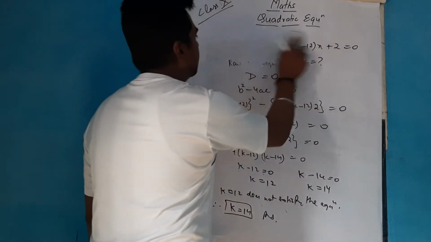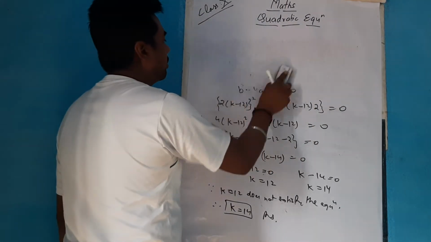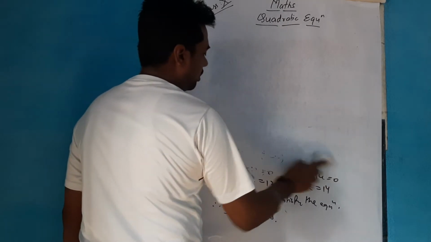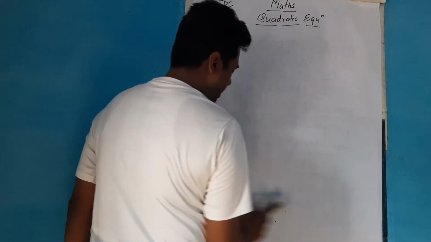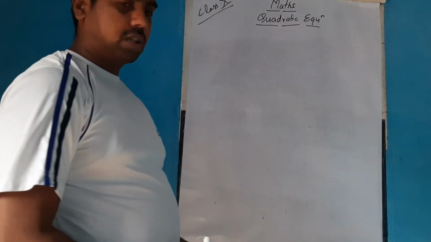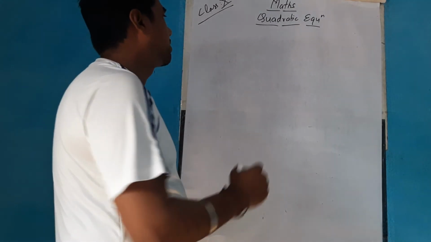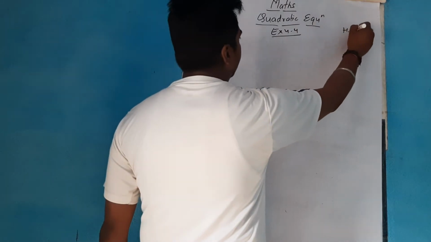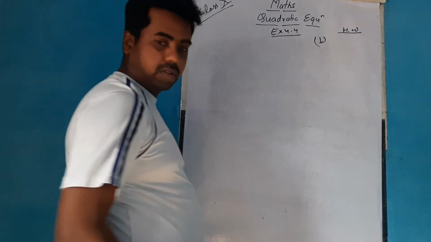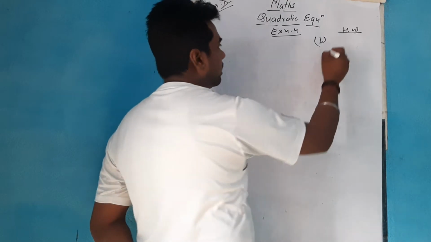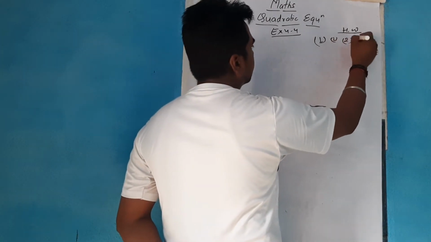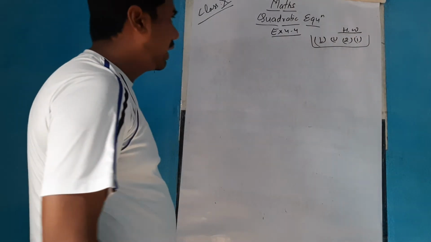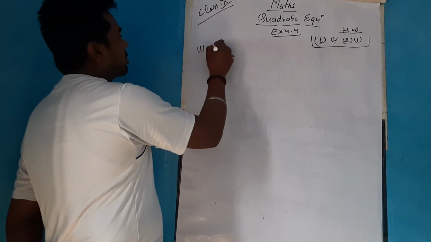Let's solve some questions from the exercise and give you one question as homework also, so that you may try to solve. So first I am telling you the homework part. In exercise 4.4, homework will be the first question first part and second question first part. Do the first part of both as homework, and I'll do the rest.